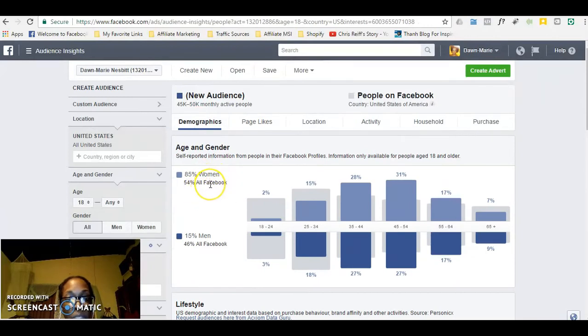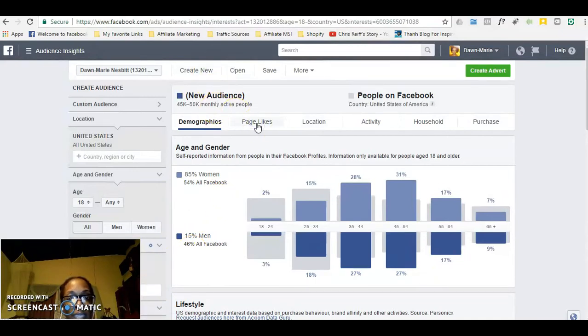So we're more than likely going to speak to women between the ages. Again, I look for any age bracket that is above 20%. 17% is borderline, but if I'm looking for sales or for people who are more likely to convert, then I'm going to target people who have a higher percentage in terms of how likely they are to like this particular interest, and they are women between the ages of 35 to 54. So that is who I am going to target. I can also target men between the ages of 35 to 54, but it's more than likely that women will convert. You may have some male prospects or male buyers as well.